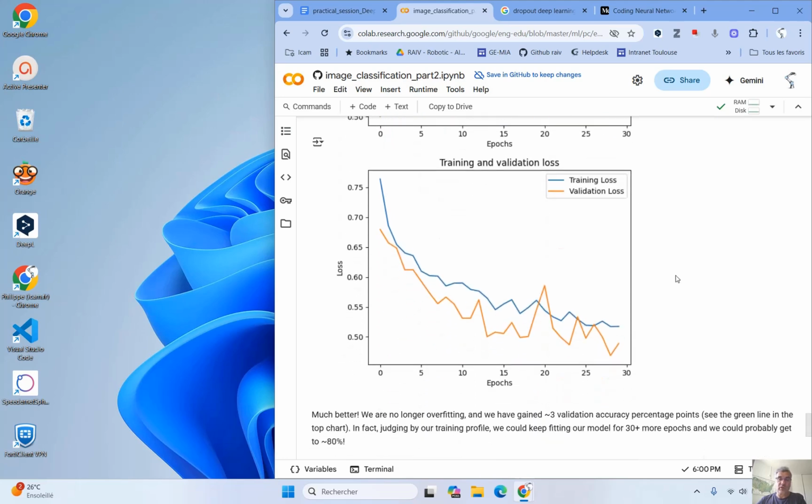But most important, the validation loss continues to decrease, and it doesn't increase as before data augmentation and dropout. So now this model at the end is better than this model at the beginning, which was not the case before data augmentation and dropout.